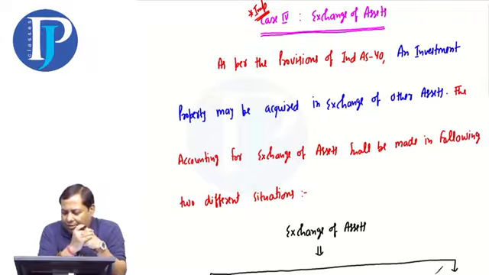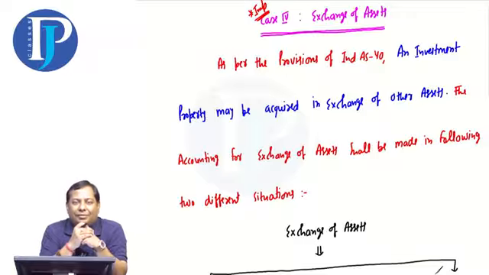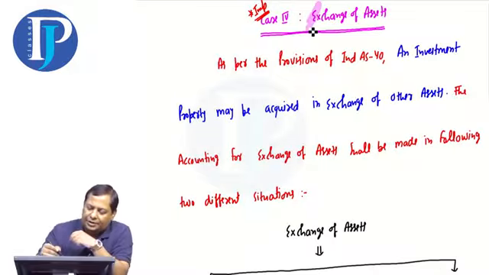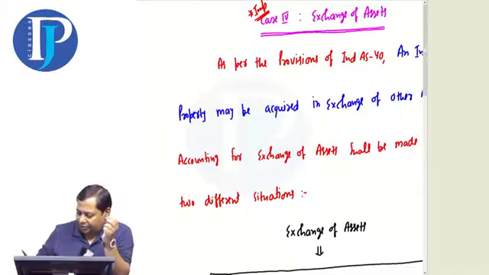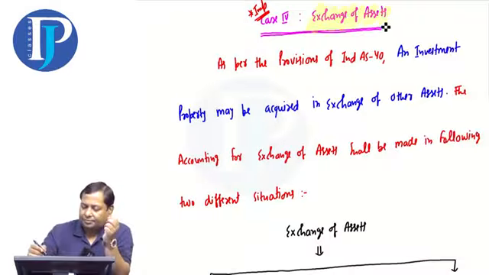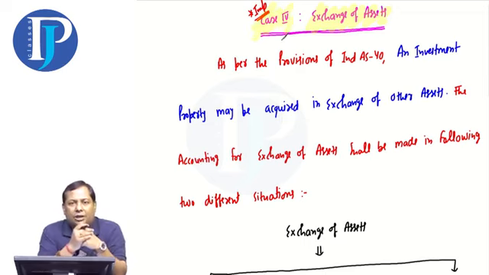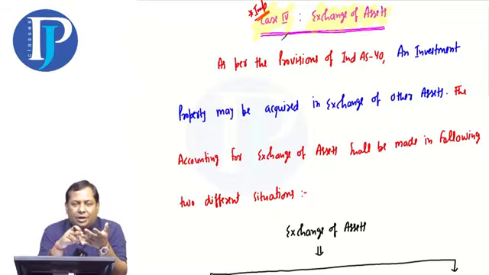Okay, so today is our Ind AS 40, video number 6. In the previous video, we were on exchange of assets. In previous class, exchange of assets was introduced. If you remember, we were discussing concept number 5 in class, under the name of initial recognition. Purchase by cash is done, self-construction is done, and deferred credit is completed. And the fourth concept we started is the exchange of assets.